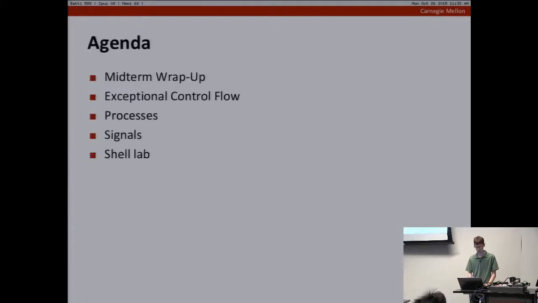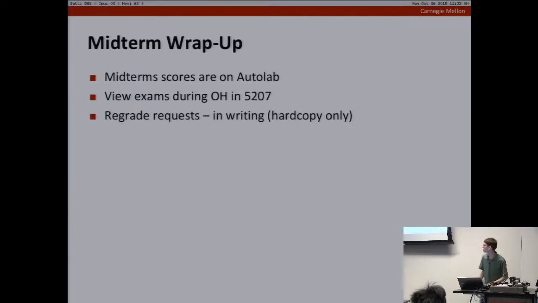So, okay, yeah. Midterm scores are on AutoLab now. There was a period of time where we had released them but not released them, so everyone had zeros. So you can check again and your actual score should be up now. You can view your exam if you want to review how you did in office hours, just in Wien 5207, our normal office hours room. We'll be able to let you look over the results again and what the correct answers were if you missed